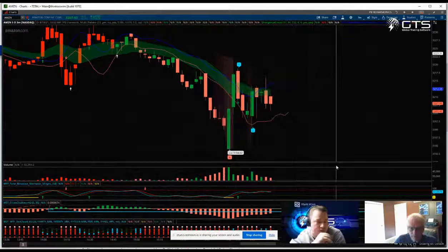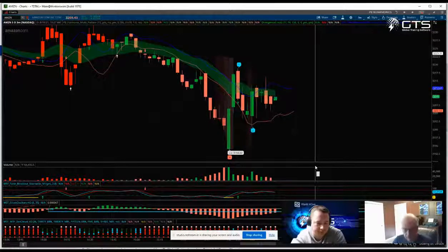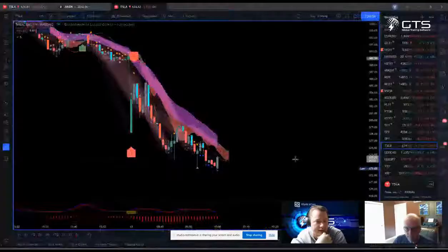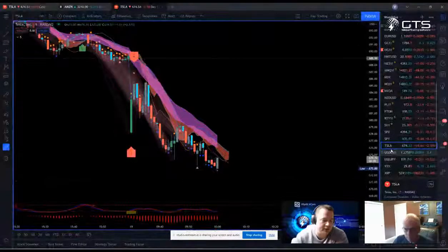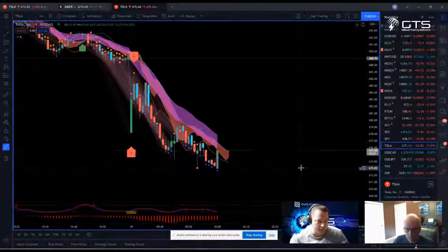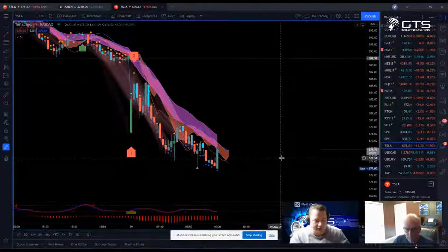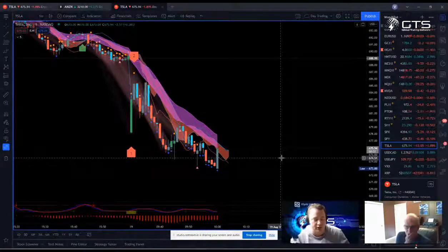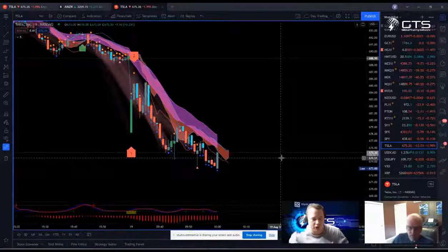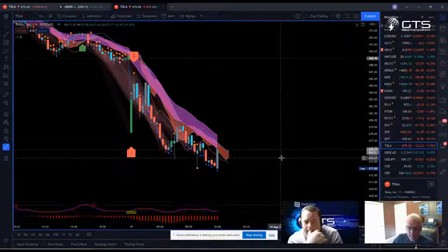So, jumping into something like Tesla, what's your process there? You mentioned that you stick to a small number of stocks. What would you say would be the optimum number of stocks to have in your portfolio to be studying before it gets to a point where you're going to lose yourself in all the numbers? I would say 5.